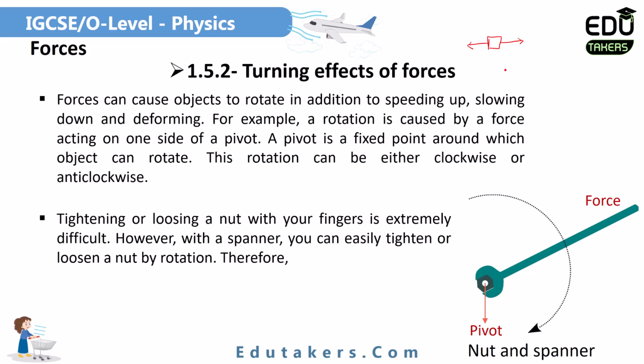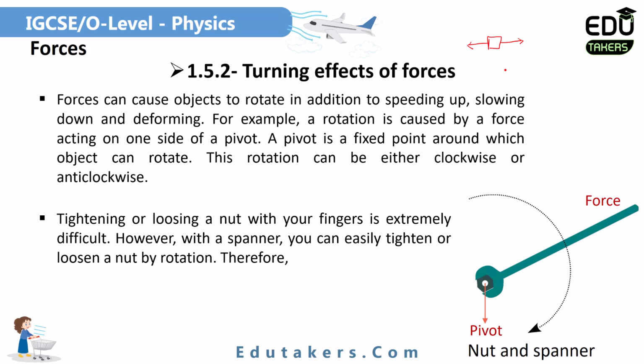You know very well the effects of the forces. The forces can cause the acceleration, means that increases or decreases the speed of the moving object, as well as it can change the shape and the size of the object. So here, when the two forces are acting on the object in the opposite direction, then what will happen? This object will start rotating. It will move. So it means that the turning effect is produced in that body.